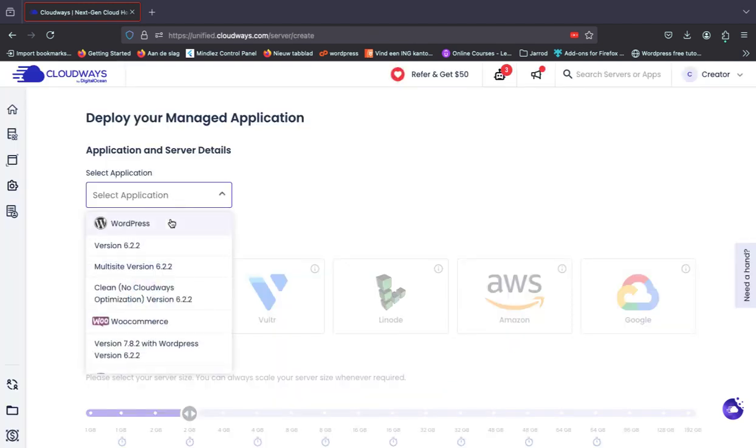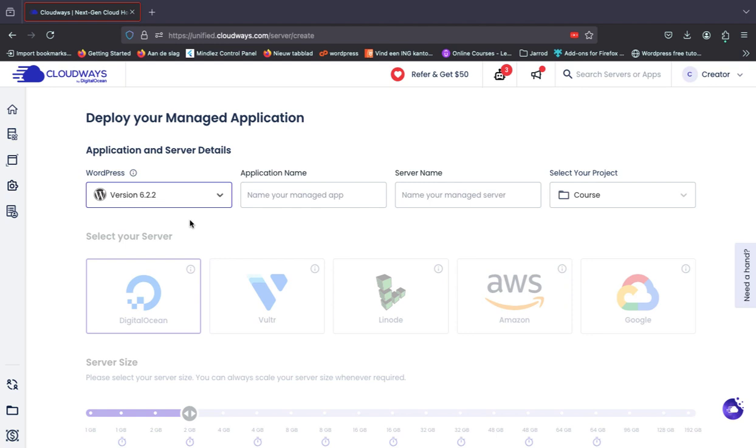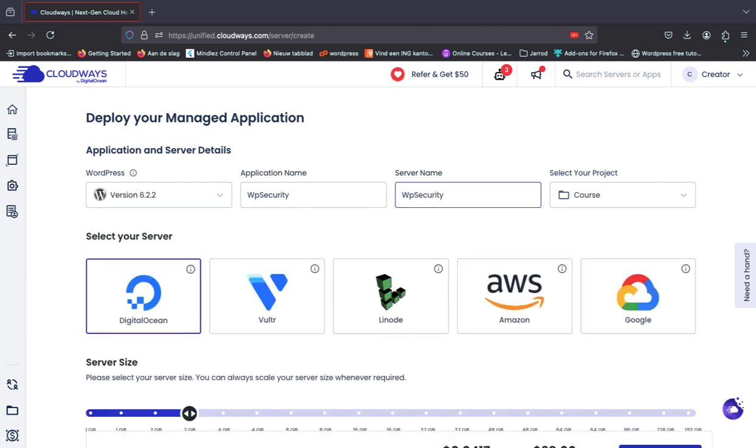Select your application and click on WordPress. Click on your application name. It doesn't matter what you enter right over here. So I'm going to enter, for example, VP Security. Okay, so right over here I have VP Security, and I'm going to name my server, for example, VP Security,